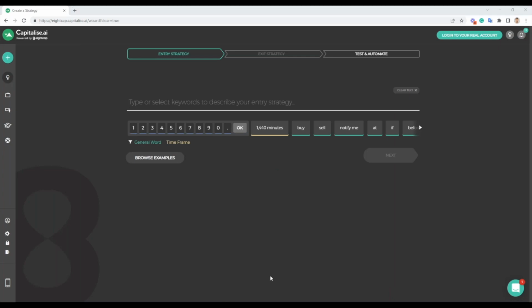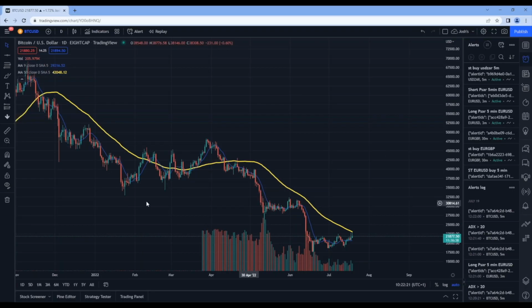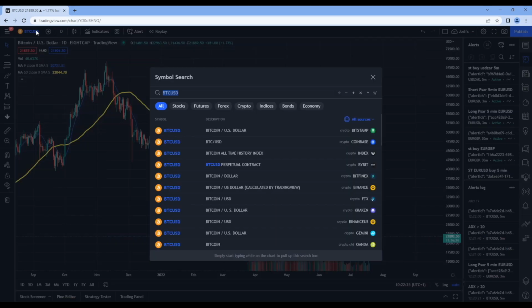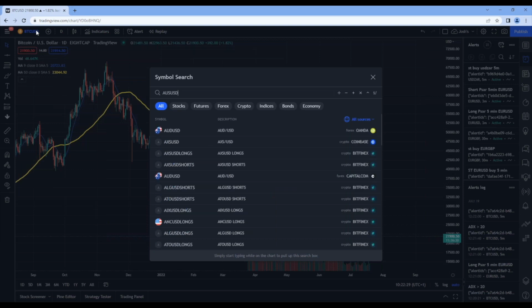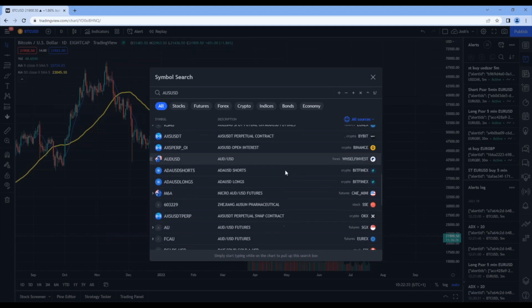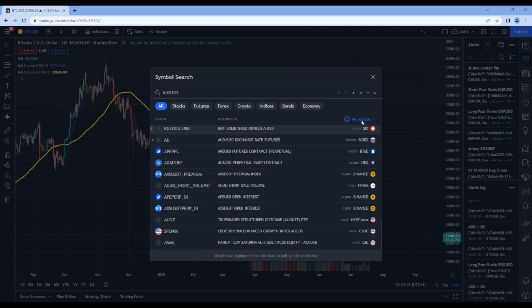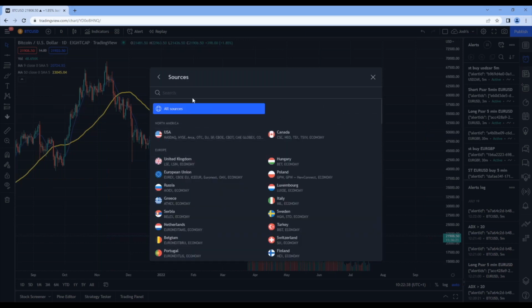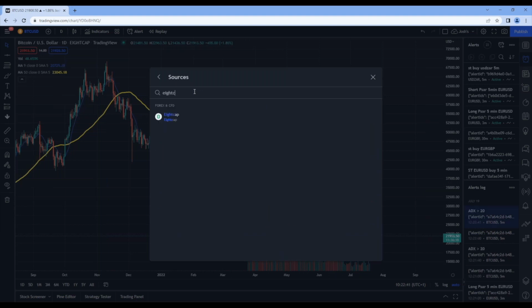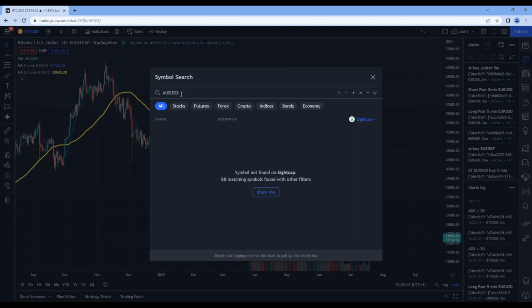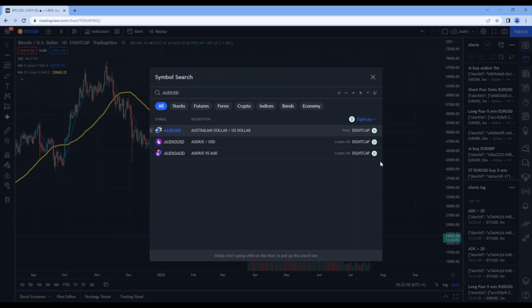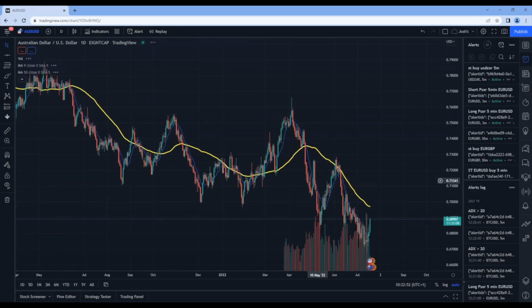For example, let's use a moving average. We're looking at a moving average day. I see we have a lot of the traders from Australia, so let's include the Aussie dollar, US dollar. And remember, you want Eightcap's data for that. We should actually just select Eightcap. Maybe we could just search for them and just keep it. Yeah, that's so much easier. Perfect. Oh, yeah, no wonder I was not seeing that. AUD USD, there's the Aussie dollar, US dollar.